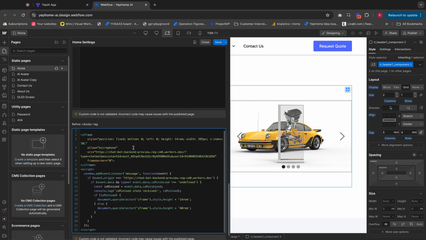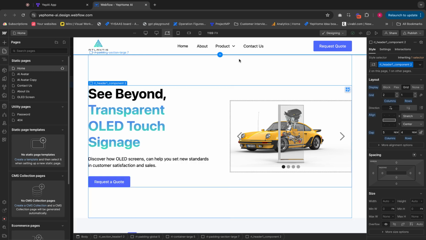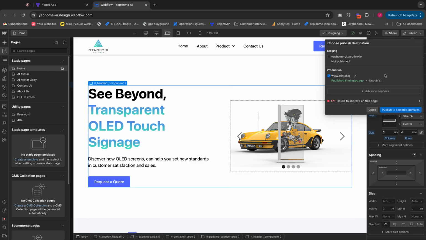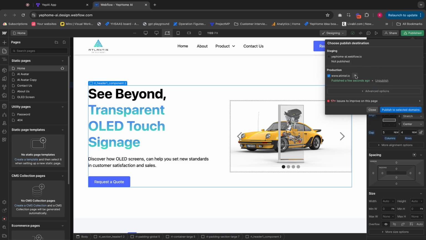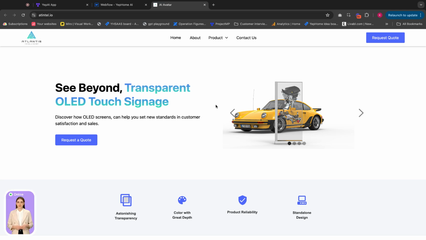into the space. Once you've done this, click Save, then Publish via the top right buttons. And now you can display your page and your YepAI chatbot should now appear in the bottom